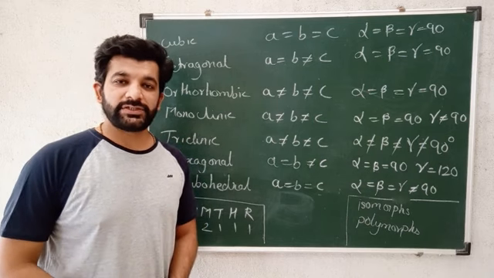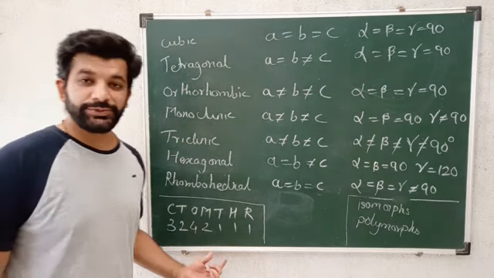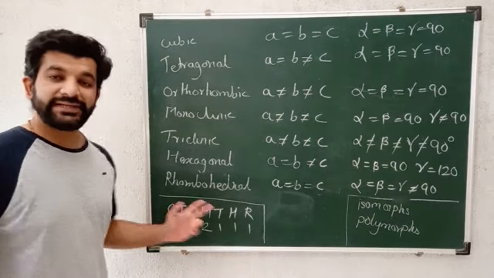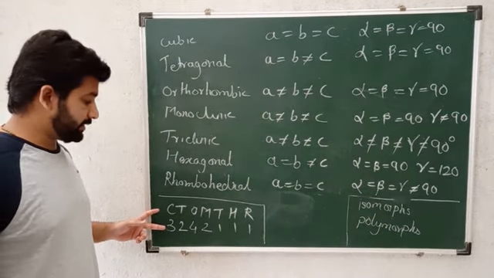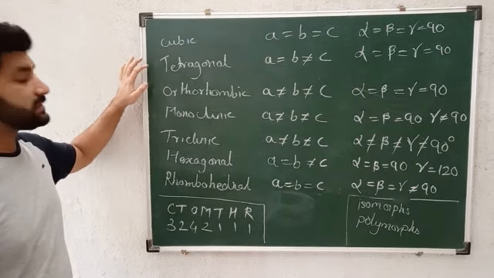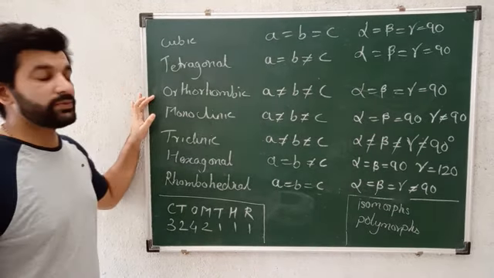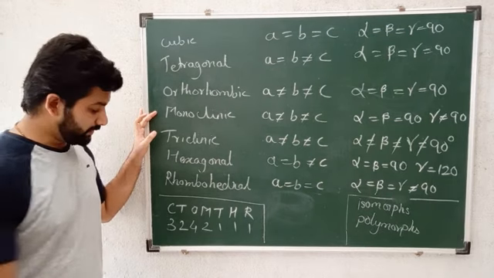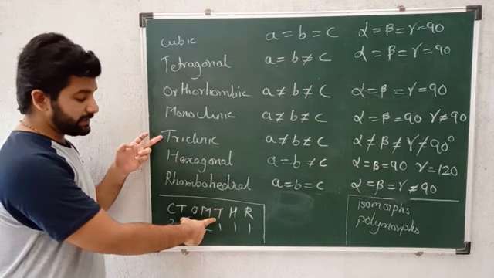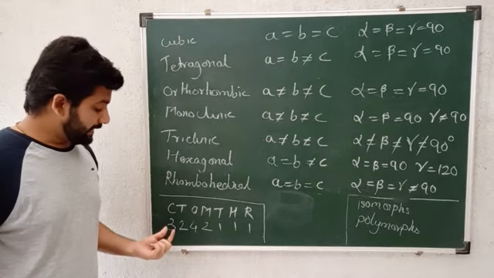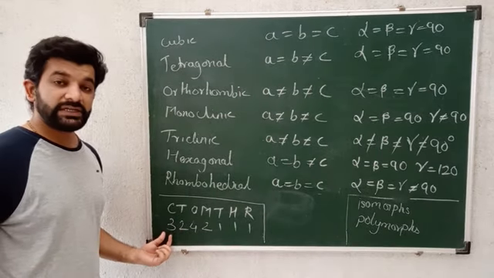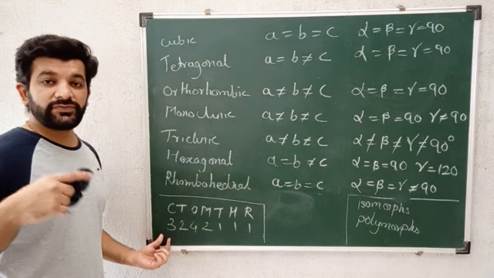As in the previous lecture, we were discussing the crystalline units. Similarly, there are 7 types of crystalline units, and the way of remembering them I have represented over here. First one is cubic, second is tetragonal, third is orthorhombic, fourth is monoclinic, fifth is triclinic, H is hexagonal and R is rhombohedral. And these numbers represent the different types which they show.